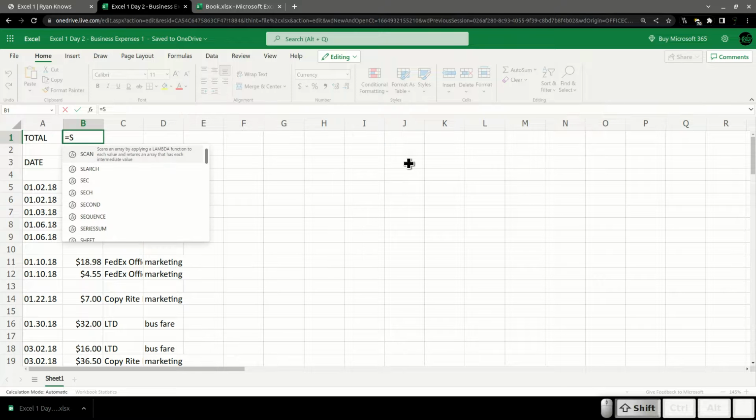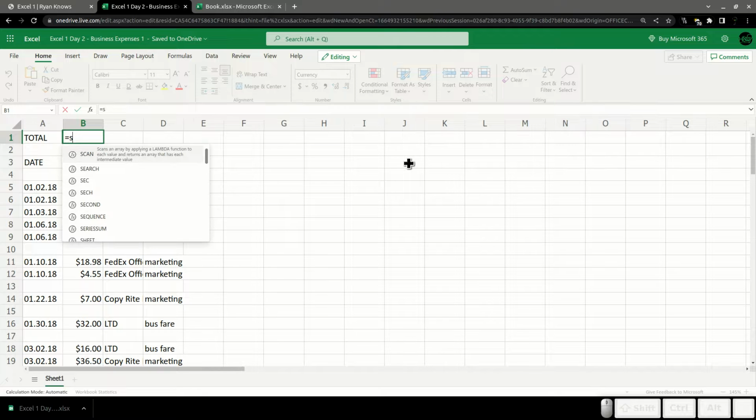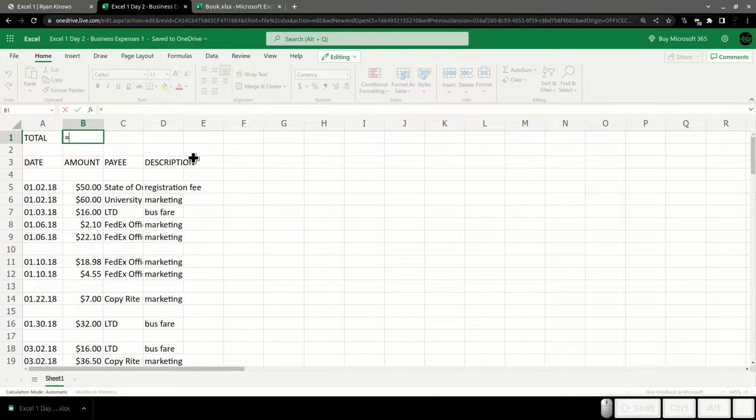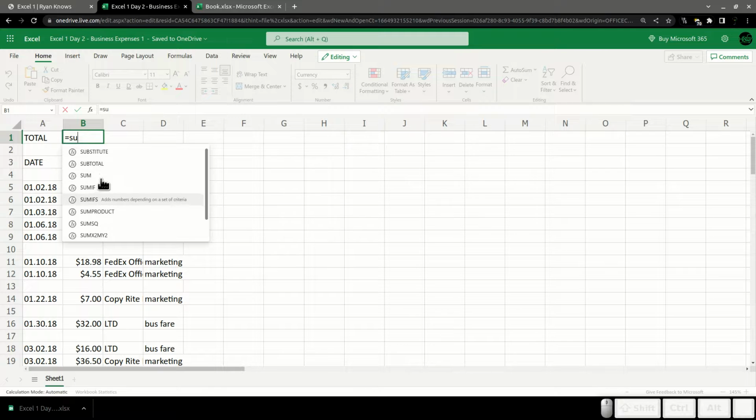The one we're going to use here, since we just want to add stuff together, is called sum. So I wrote equals, and now once I start typing text, it's going to start auto-suggesting a bunch of options for us. So SU, and then as you cursor over them, it gives you a little summary of what it does. Sum adds numbers together. It finds the sum. And so I'm going to click on that one, or you can use your arrow keys to arrow down and select it.